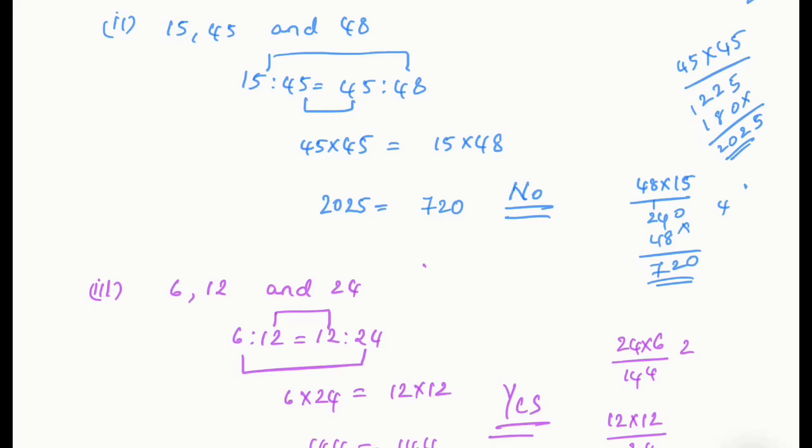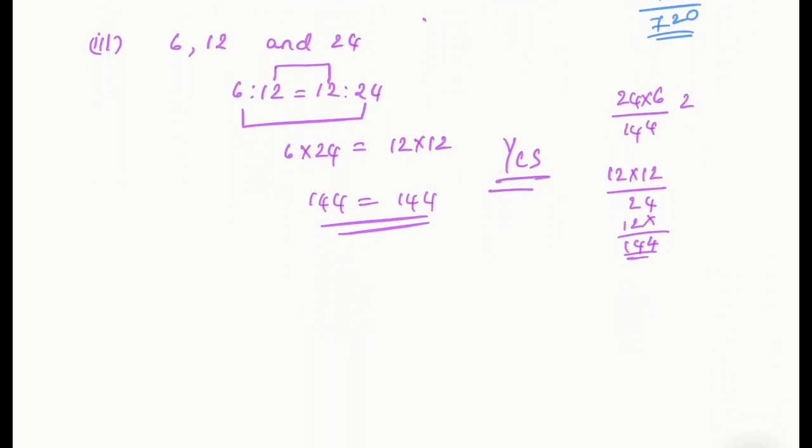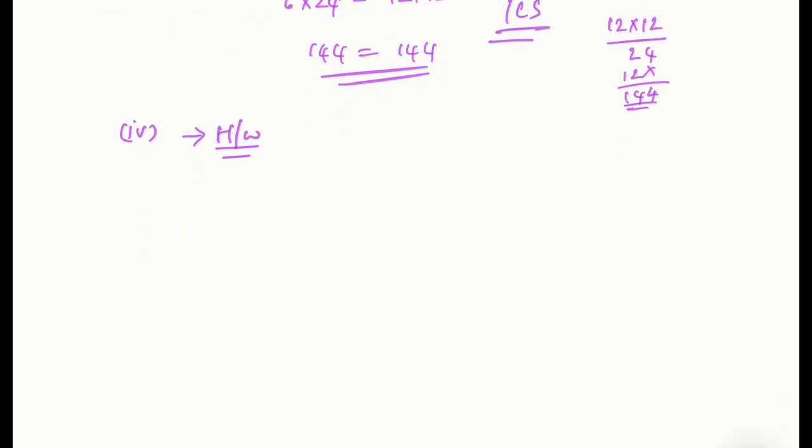So this third question is in proportion, so you got it correctly. Product of the means is equal to product of the extremes. Okay. Now the fourth sub question you can do as homework. It is similar. So just check whether it is proportional or not. Okay, please do it. Now coming to the third main.